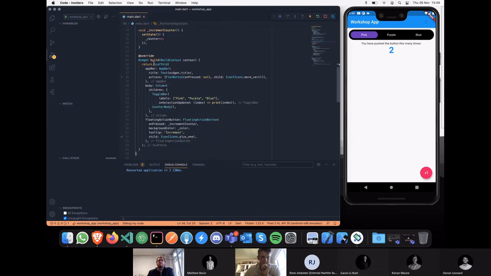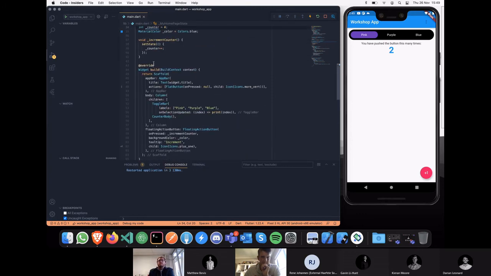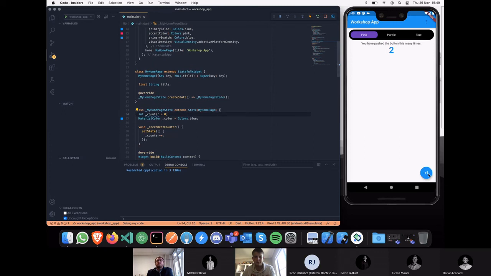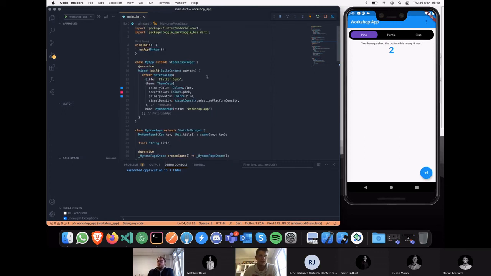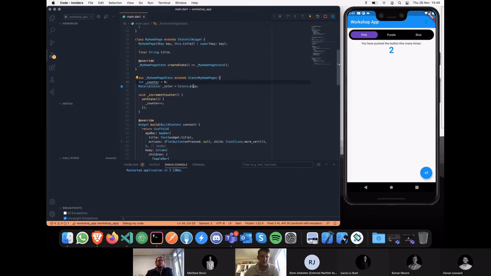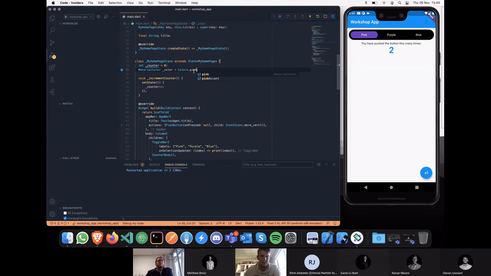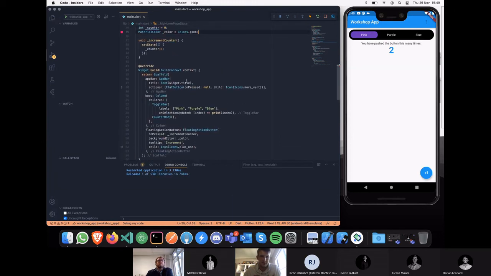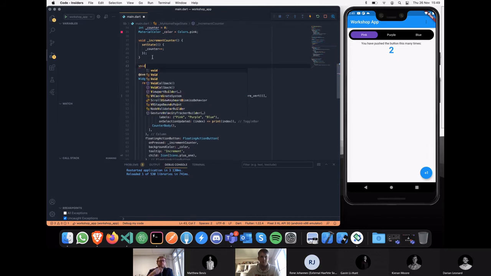So counter's not being used right now. Okay, cool. We can see that that's defaulting to blue when it should actually be defaulting to pink, because that's what we said in the app theme. I was just making sure that works. So let's put that at pink, and then let's have a method called void